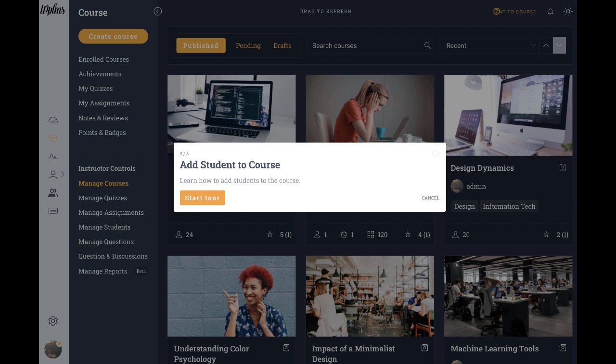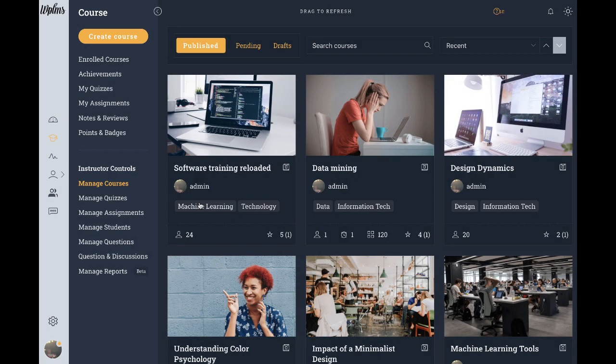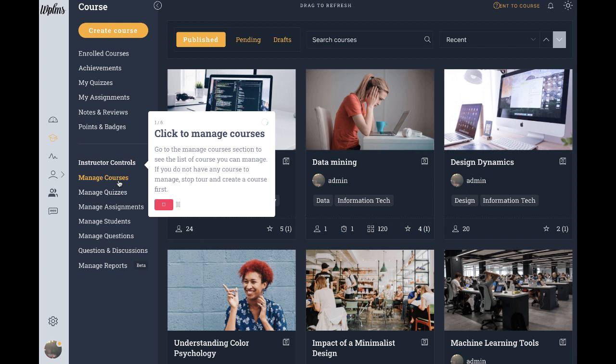We click on the start tour button to start our tour, and it is going to show a pop-up which appears on the screen, pointing to click on this particular step to manage the courses. This is the step title and the description of what we have to do, and we have the stop tour button. When we click on stop tour, it is going to stop the tour. On the top left we have the total number of steps in the tour, and which one is the current step. And on the right we have the progress bar, showing how many steps we have completed.